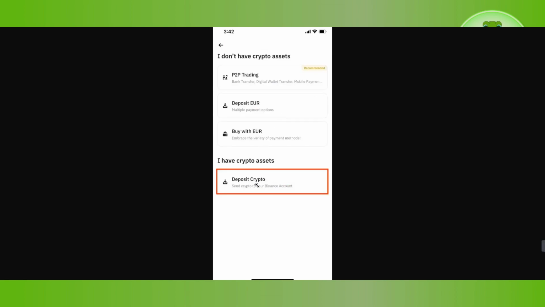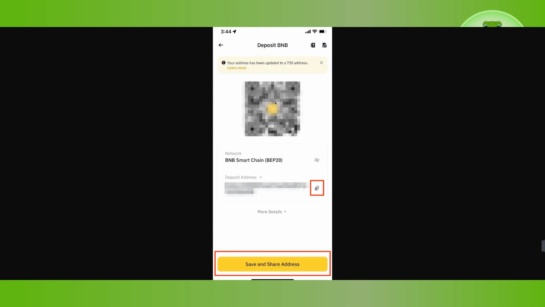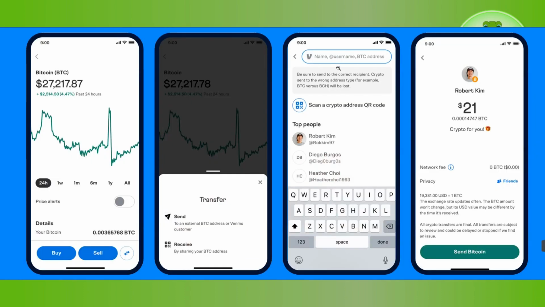After that, you will have to select the option of deposit crypto and then you will land on this type of page where you need to select BTC and then it will show you the QR code as well as the deposit address of BTC. So you just have to copy the address from here, then come back to this page and paste the address